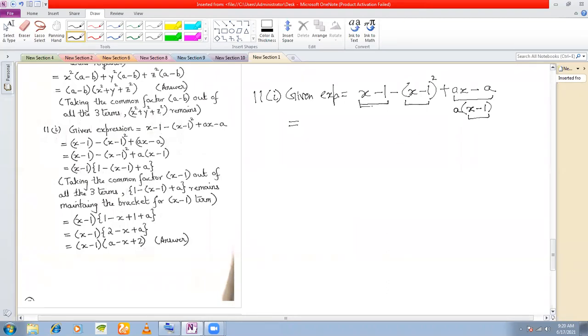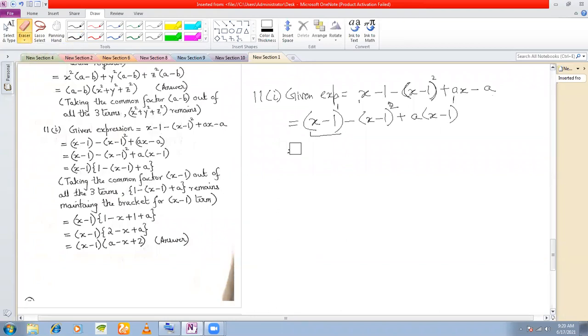So that means we'll group these two together. This will remain as it is, and this we are going to take together. So therefore, what we do here is we write x minus 1, group the first and the second. Now see, we have x minus 1 whole square. This is a repeated factor, right? X minus 1 into x minus 1 plus, and from the last two, as I told you, you can take a out, you're getting x minus 1. Now this is the step where you will have to be very careful. See, x minus 1 has the power 1 here, right? X minus 1 has the power 2 here, and this has the power 1 here.